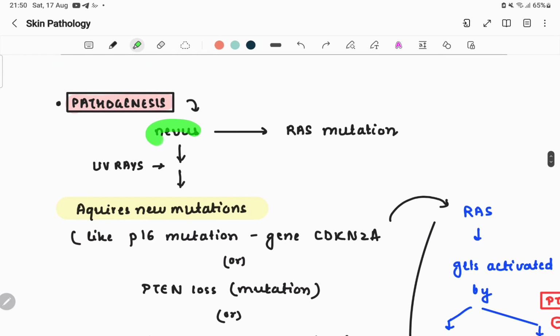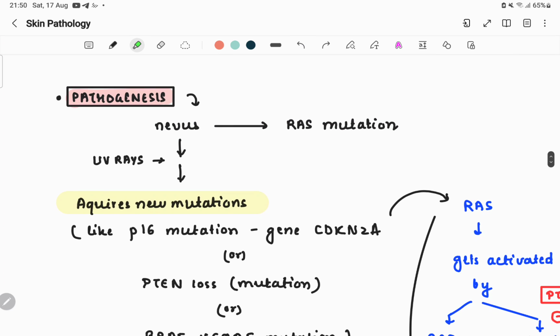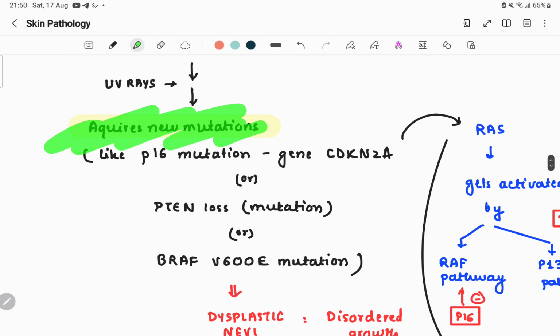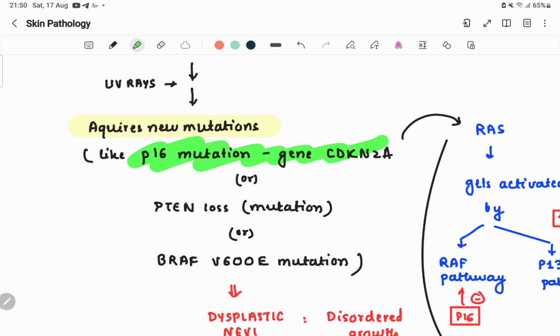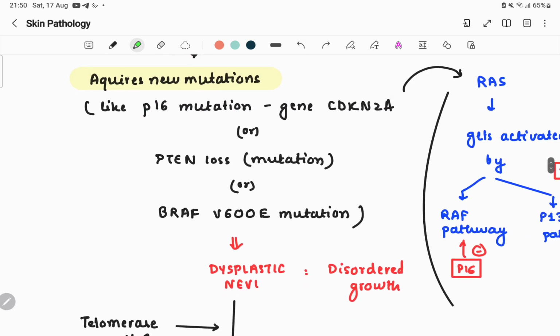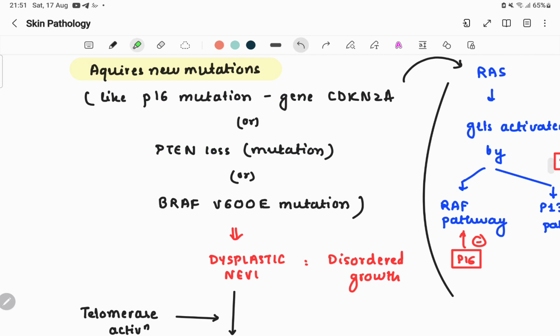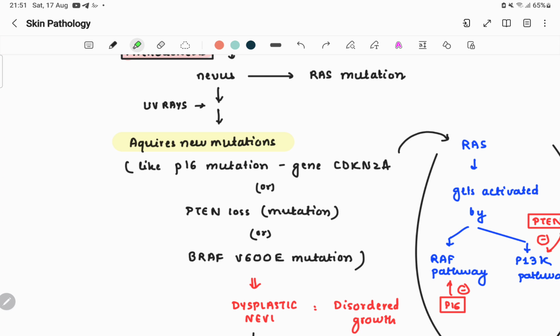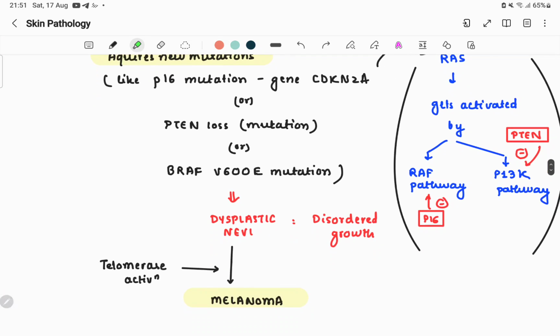What is the pathogenesis? So let's assume we have a nevus formed here. A nevus is formed due to RAS mutation. We saw earlier, right? With exposure to UV rays, it acquires some new mutations like P16 mutation in gene CDKN2A. Okay, CDKN2A gene, very important. P16 mutation in gene CDKN2A, or PTEN loss, or BRAF V600E mutation. Due to any of these mutations, P16 in CDKN2A, or PTEN loss, or BRAF V600E,